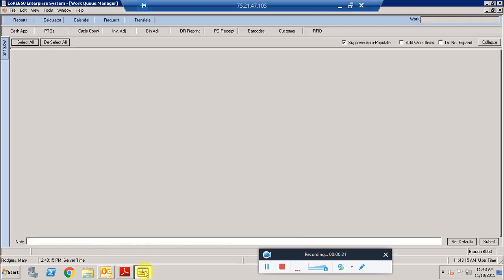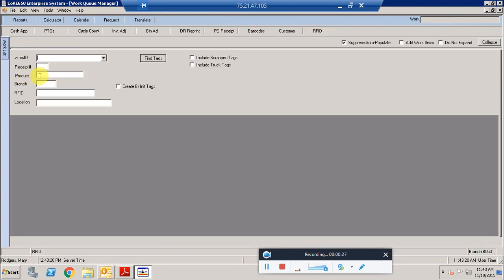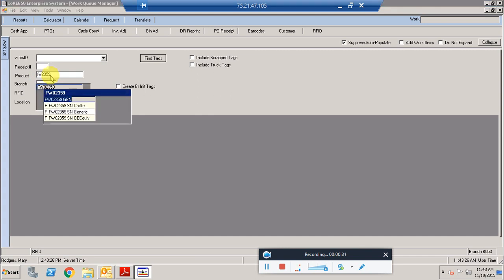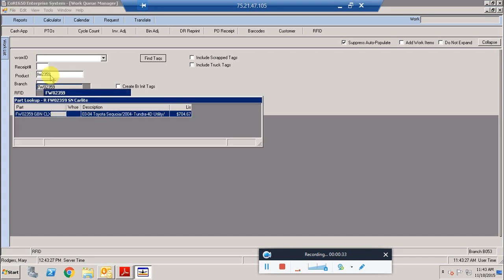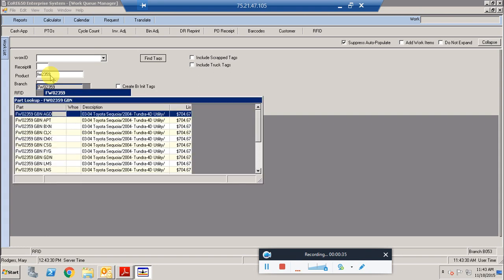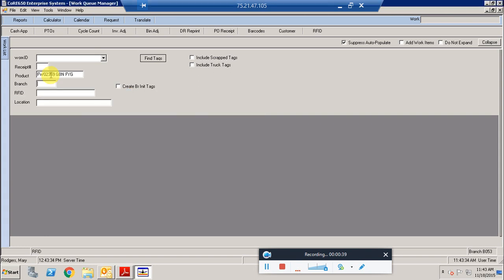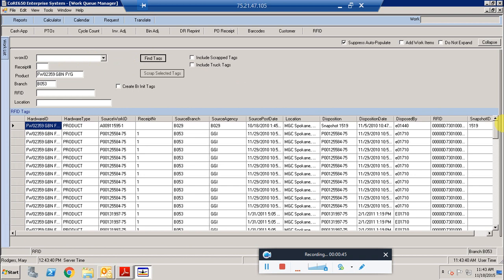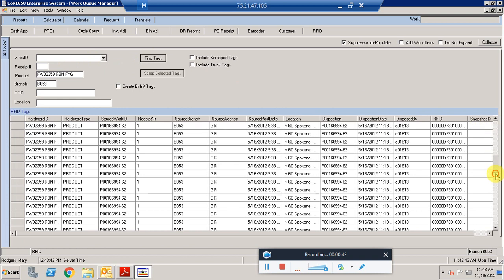So we're going to go ahead and start by going into Work Queue Manager under the RFID field there. I'm going to put that part number in here real quick. All right, and I'll put my branch in as well, so it's specific to us. Hit Find Tags. I'm going to again sort by the snapshot ID, and we're going to scroll down to the